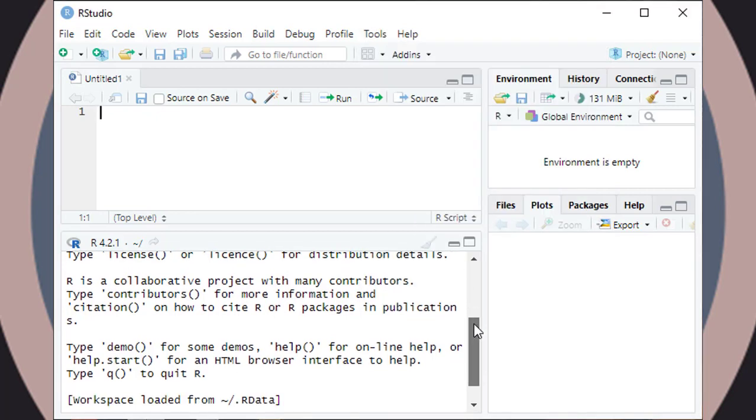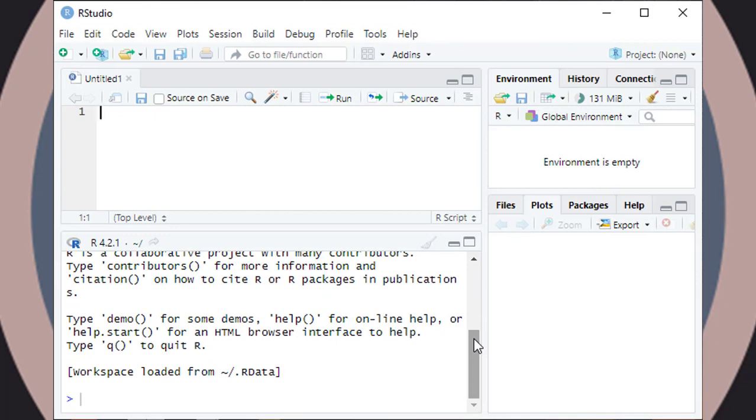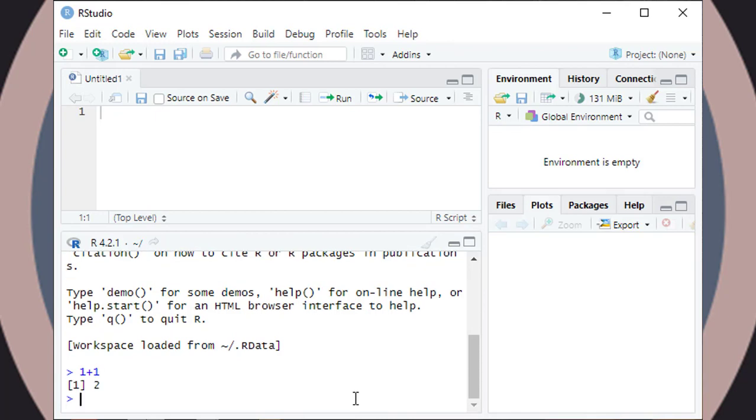Now this region should look familiar to you. When you opened R, you were presented with the console. This is where you type and execute commands and where the output of said command is displayed. To execute your first command, try typing 1 + 1, then enter at the prompt. You should see the output 2 below your command. You can also try something advanced in your console. For example,